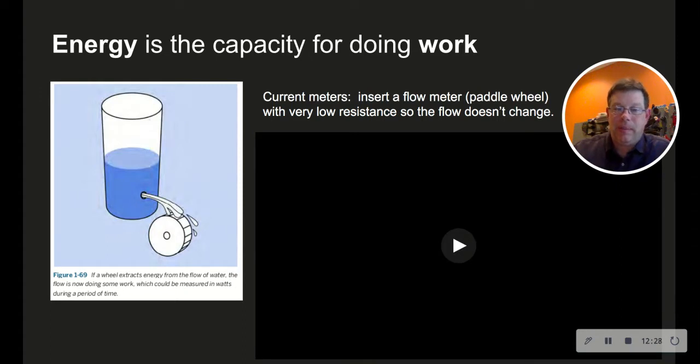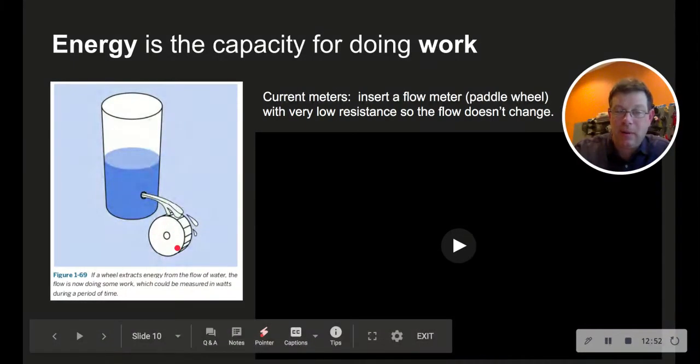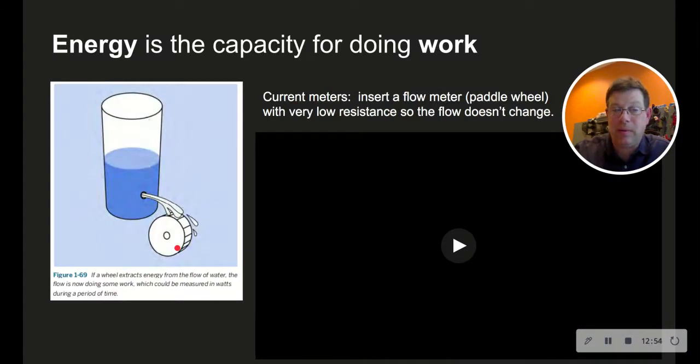So let's talk a little bit now about the concept of energy. The book has this really interesting diagram which represents a reservoir which is emptying at some rate, and water is flowing out, and it's spinning a wheel. And we said that this spinning wheel is something like the current meters that we use, right? They are paddle wheels that measure the flow of current, and you don't want them to have very much resistance, because you don't want